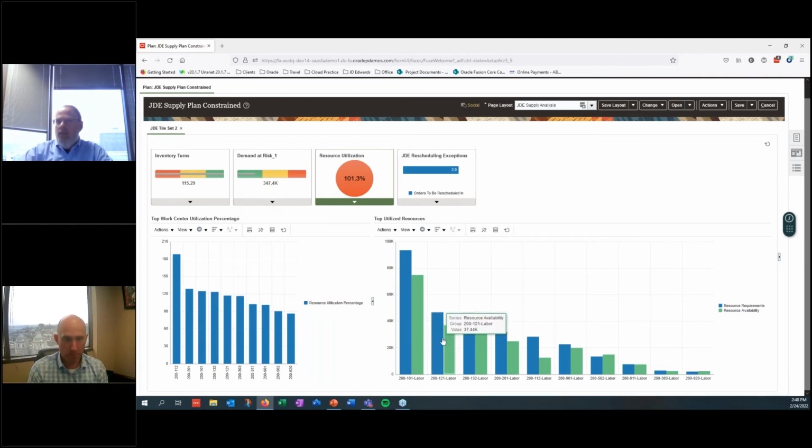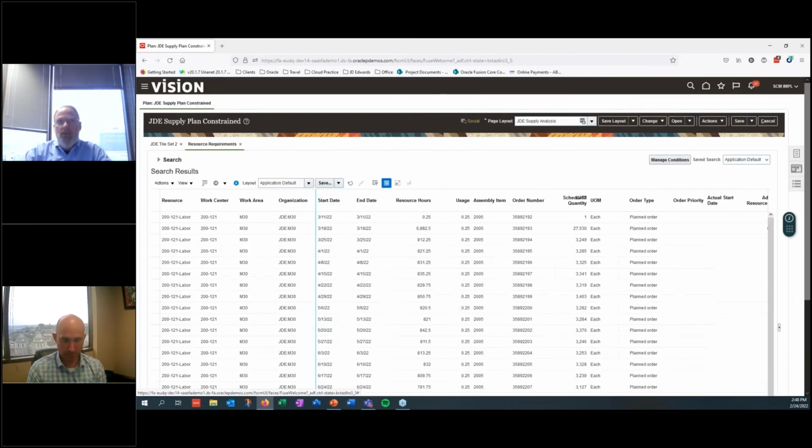So maybe some of these are important, maybe some of them are not, but I need to know a little bit more about what data I'm going to look at, or what is making this up. So I'm going to drill into an area called resource requirements. For that particular resource, we're looking at 200, 120 labor, this is all of the orders drawing upon it, whether they be planned or firm work orders. These are the resources that are required in order to